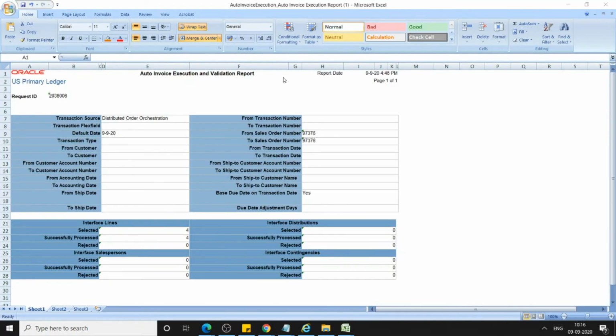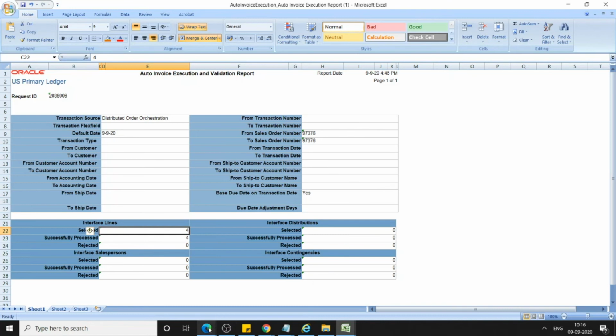This is the auto invoice report, and if you see here, the number of interface lines is 4 and successfully processed is 4, and the sales order number is 97376. When it says lines are 4, don't get confused. Our sales order line is 1, but there will be some additional tax lines. That could be the reason why it shows the sales order lines as 4.